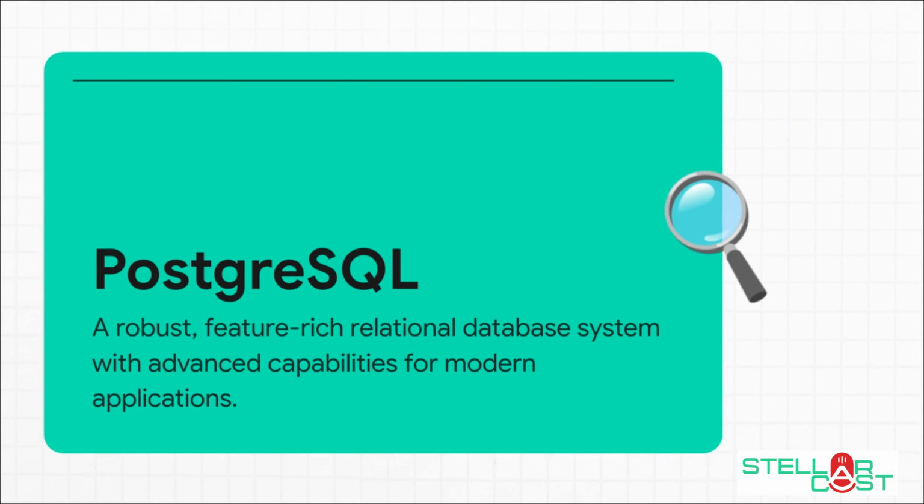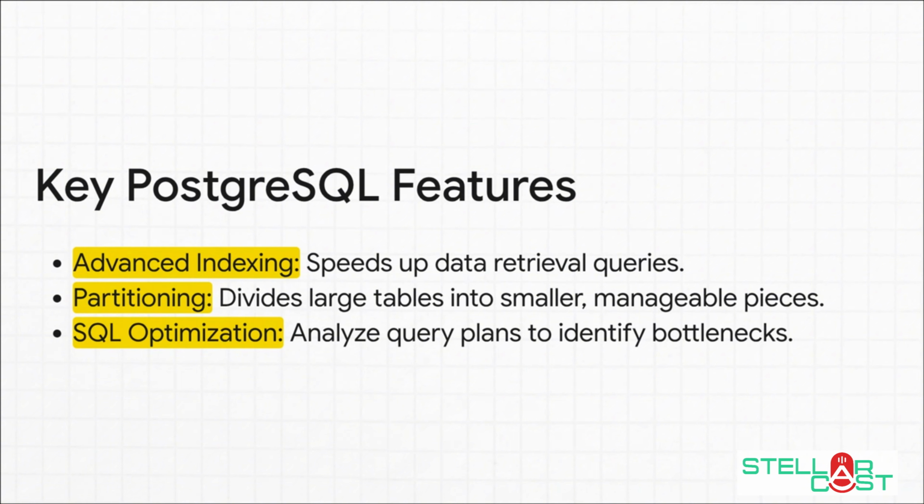When it comes to the database itself, PostgreSQL is a hugely popular and powerful choice. It's open source, it's famous for being incredibly reliable, and it's just packed with advanced features that are perfect for modern apps. So what makes it so special? Well, you get things like advanced indexing, which makes your queries incredibly fast. It has native support for JSON-B, so you can store flexible data without any hassle. And tools like partitioning and CTEs give you the power you need to handle massive data sets and write really